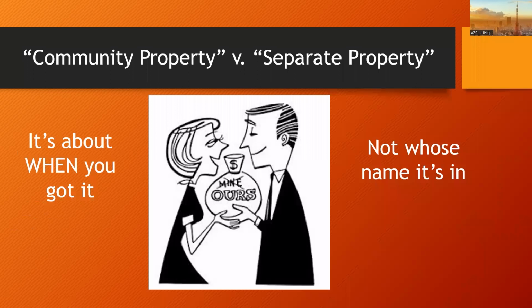If you're filing for divorce or legal separation, the forms are going to ask you to list your property and your debts, and to tell the court for each piece of property, for each debt, who should acquire that at the end of the divorce, who should be solely responsible for that or solely own that at the end of the divorce. And the form is going to divide property and debt into two categories: community property and debt and